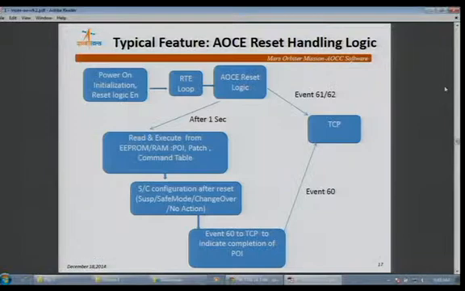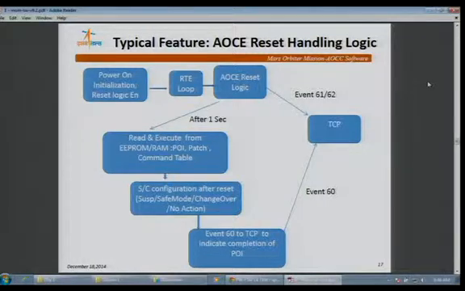Next slide, please. One of the typical features was introduced because of the mission phase requirement. It was always addressed in case of a reset or a power down case. In case of a power dip, there should be a way of coming out of the process. The AOCC should come back to the nominal Earth pointing orientation. The various logics were worked out for such cases so that there are interfaces with telecom and processor, which is provided in the battery bus.